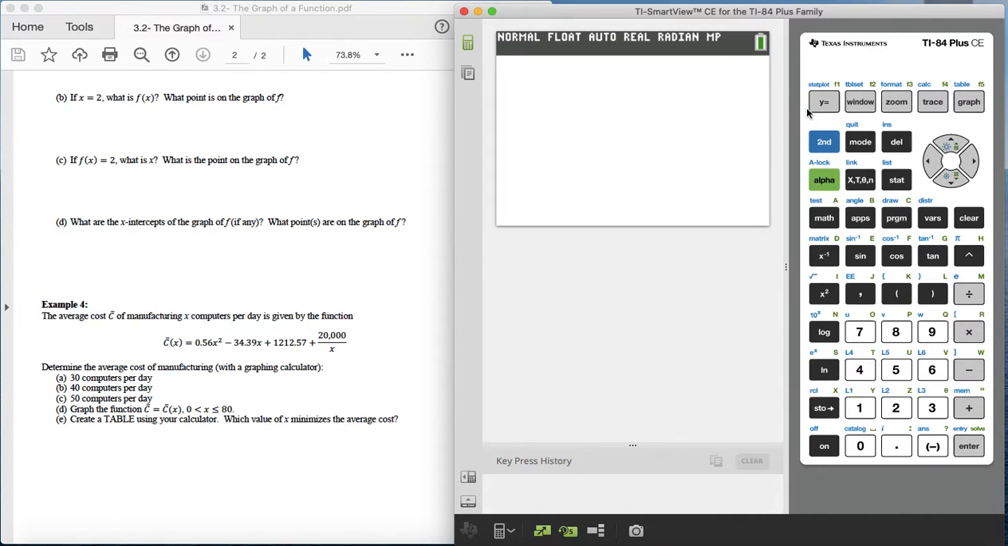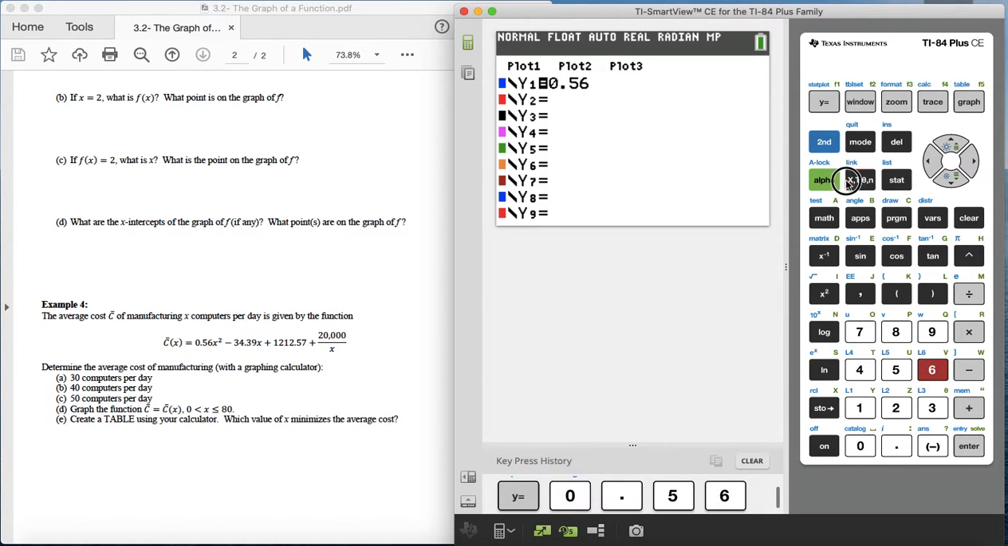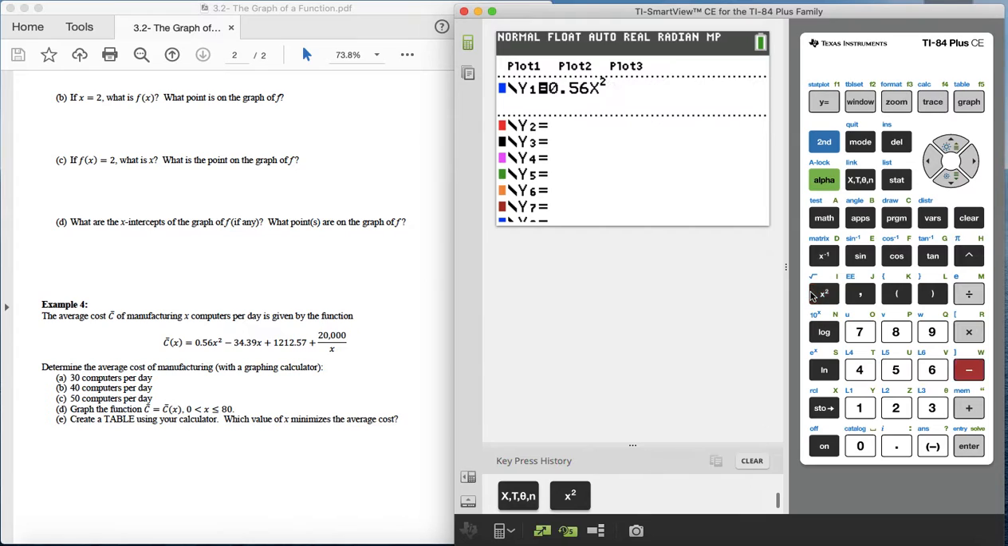So what I want you to do is go into y equals, and you're going to type this equation in, right? So we're going to be computing parts A, B, and C using this function. So go ahead and do that. So 0.56 x squared minus 34.39 x plus